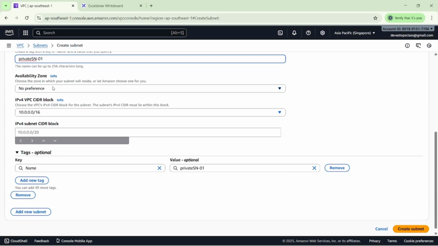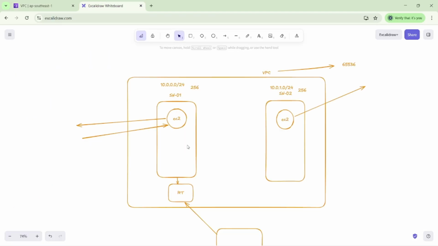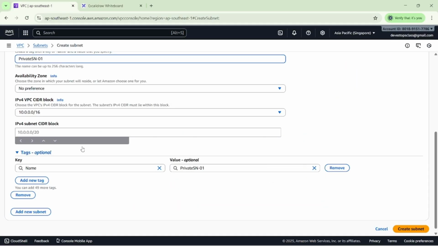You can select any name so it's easy to identify. That's why I'm creating private and public here, because I want one public subnet and a private subnet for my private resources. Okay, so after that, I'm going to use the same IPs here for my subnets,